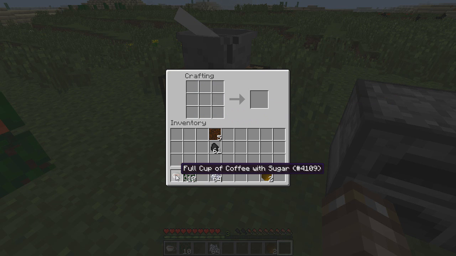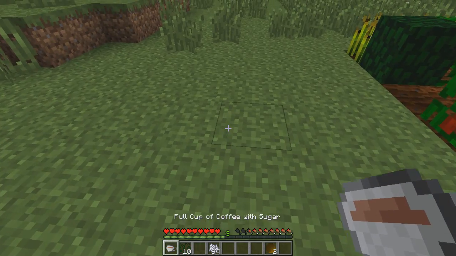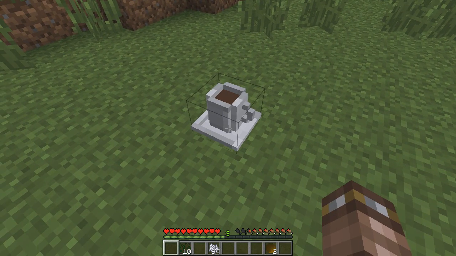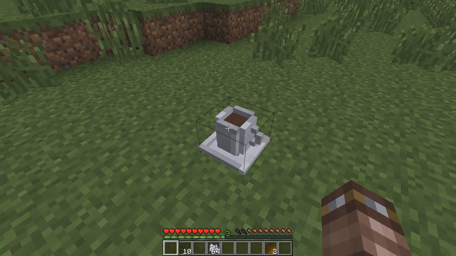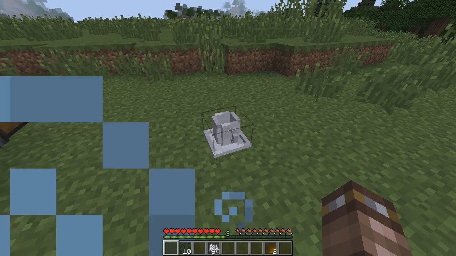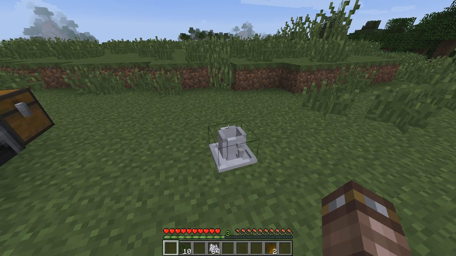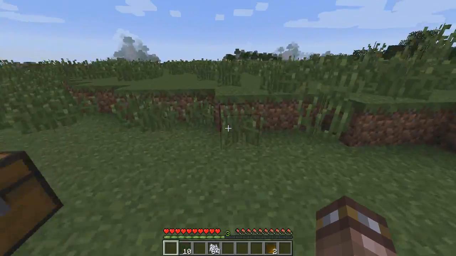So we're just going to place this full cup of coffee with sugar on the ground, and you may have noticed it actually lightens up the color of the coffee a little. And that was something that Faraday also made when he donated, or contributed, those images, I guess I should say. So now we have our cup of coffee, and if we drink from it, you'll see I get speed 2. And if I click inventory, you can see here, I can run a lot faster,